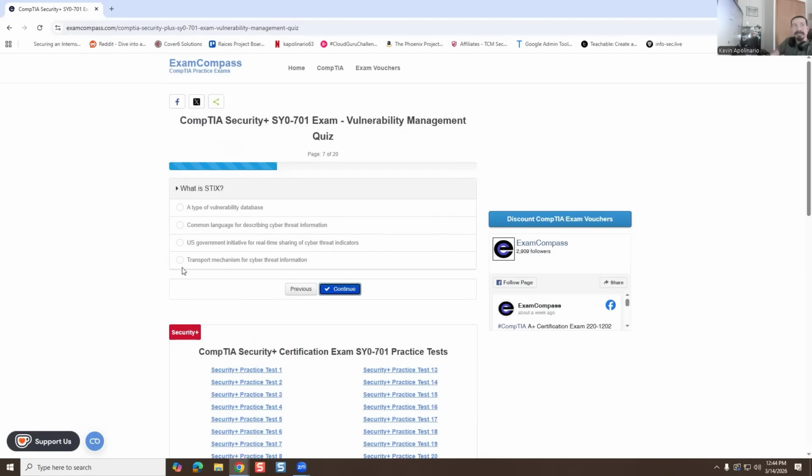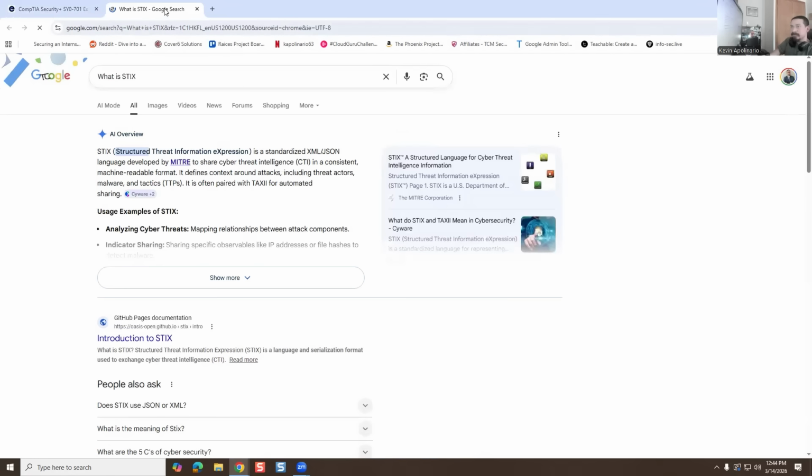What is STIX? So STIX is a common language for describing cyber threat information. So that's what that is. And if you Google it, it says structured threat information expression standards. So